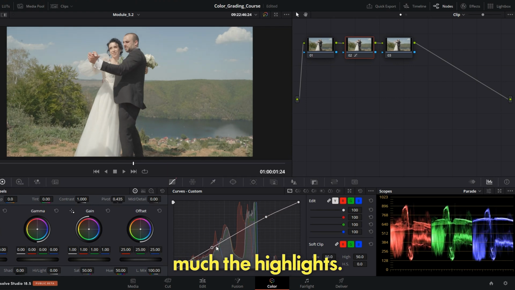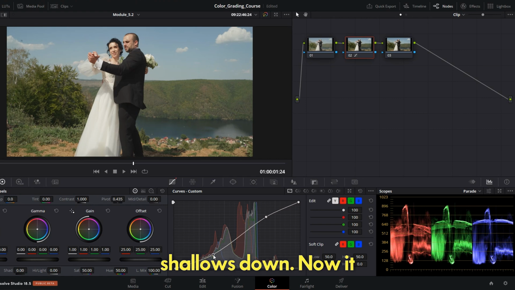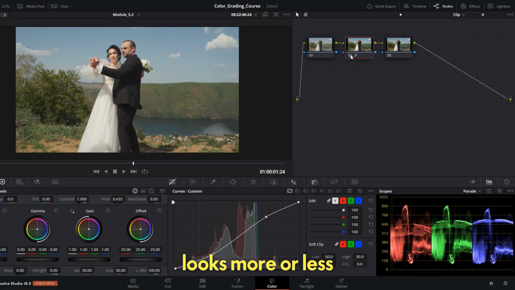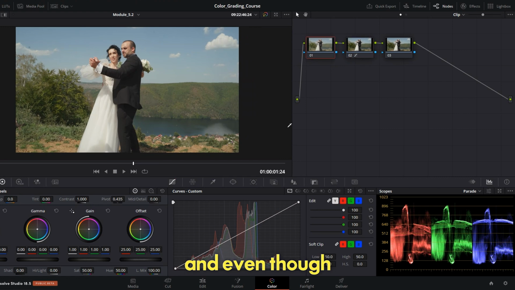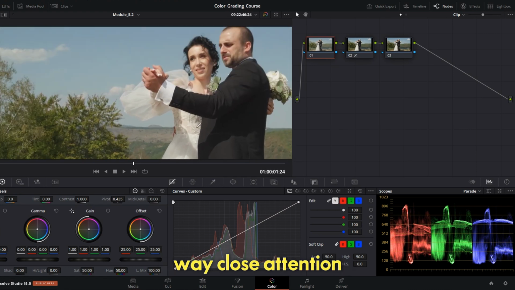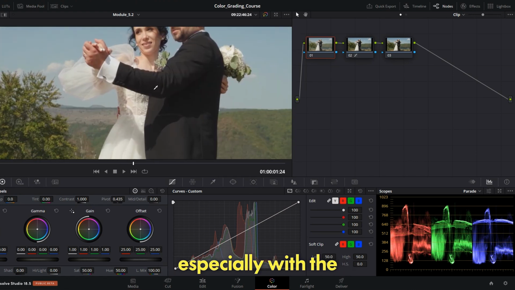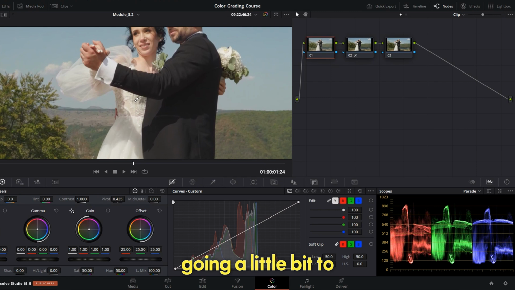Again, I'm not raising the highlights that much, pushing the shadows down. Now it looks more or less good. Before, after. And even though I have blue sky everywhere, if you pay close attention, especially with the white dress, it's going a little bit to greenish yellow, and it shows because the blues are a little bit more down. So again, what I'm using, gain, pop, and